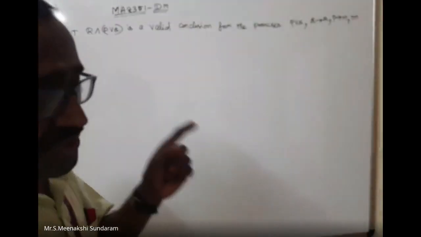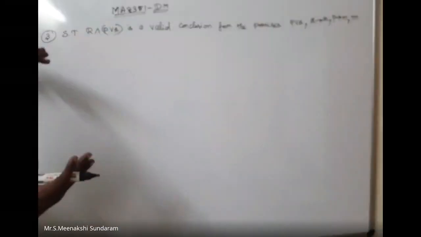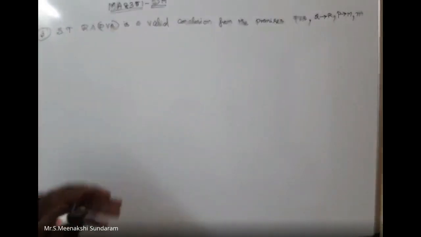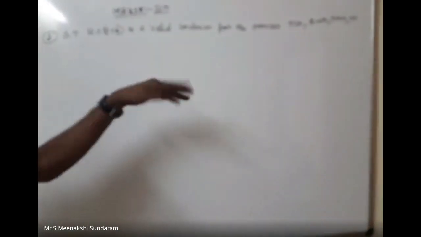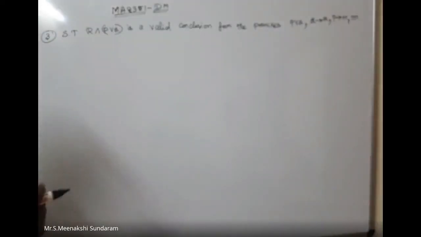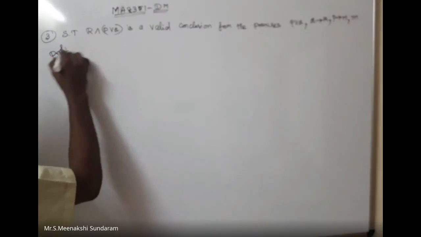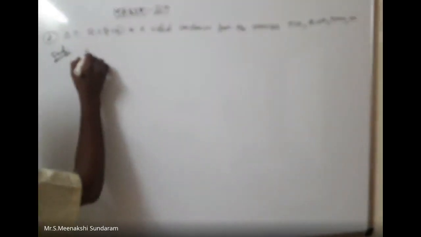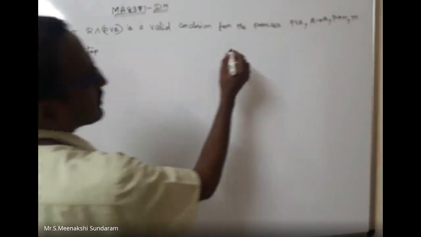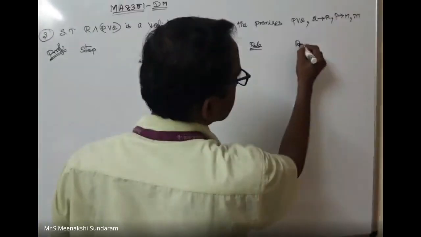Try to do it in your own way. Please don't check any other book. You can try to do it in your own way. You can take the premises in any order. Some can be written in so many ways. You can try your own form in different ways. Write the proof normally: the step, then here the rule, and here the reason.